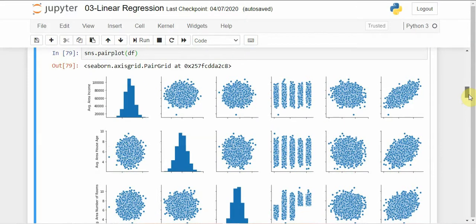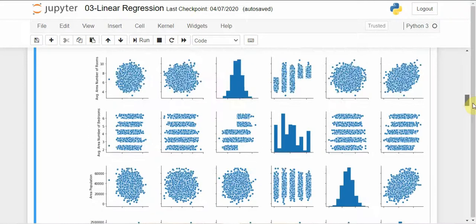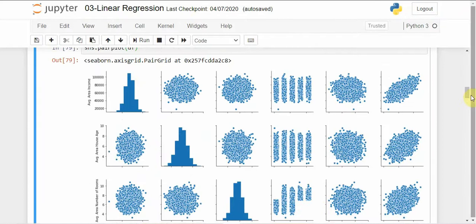So for example, average area income and average area income at the intersection forms a histogram. Why is that? Because they are not correlated. So it basically shows the values of the column in histograms. We have no correlation, so there is no point showing the scattering of the data or the density of the data. What a scatter plot does is that it shows the density of the data and the scattering of the data, how much the data is scattered,